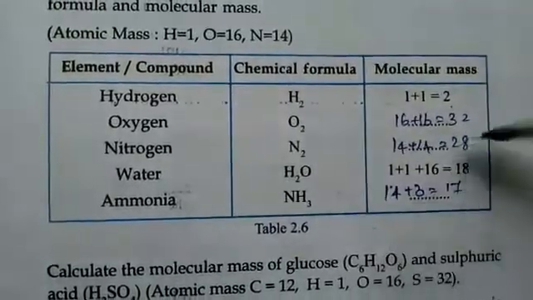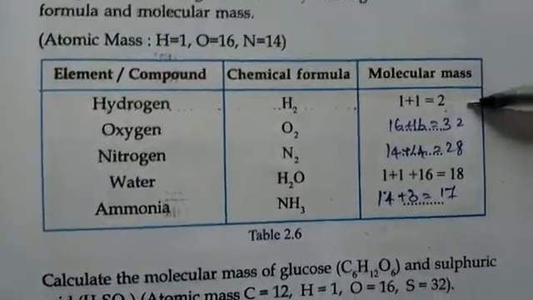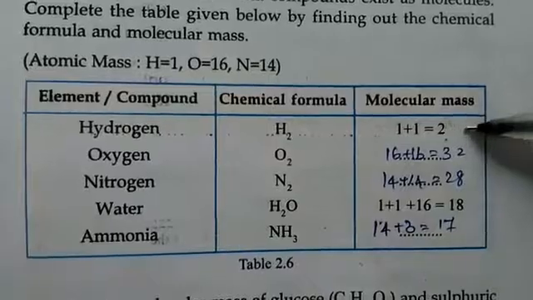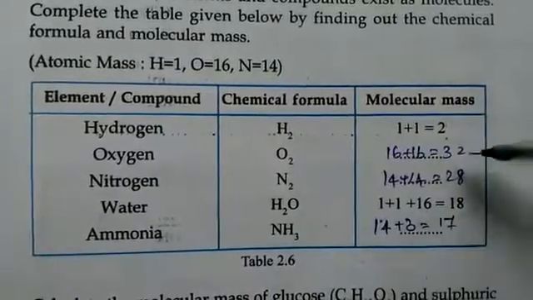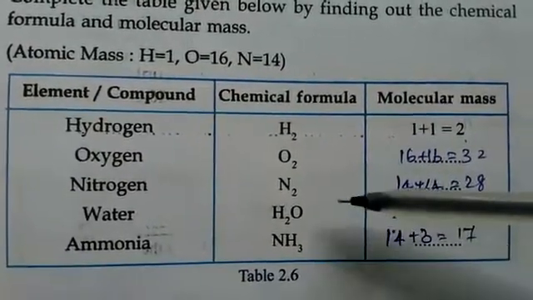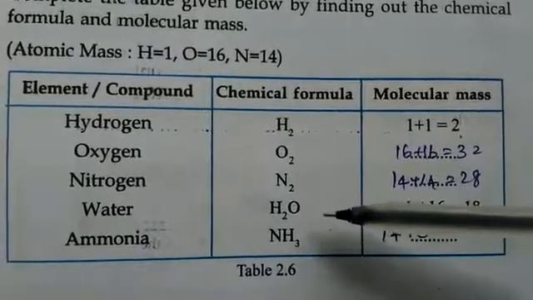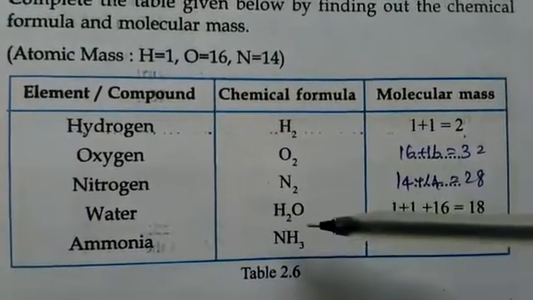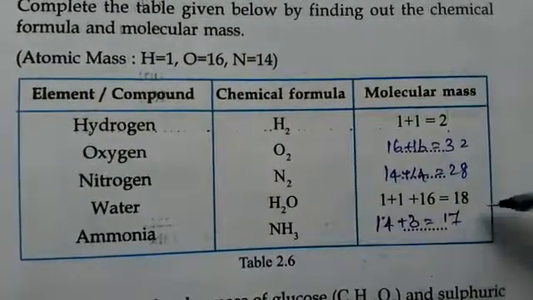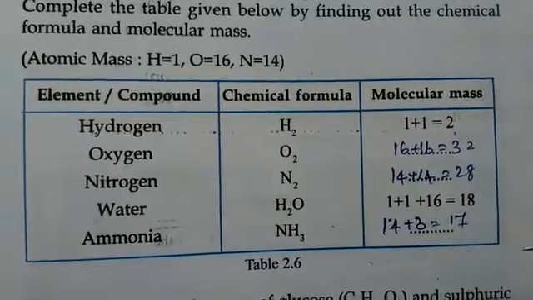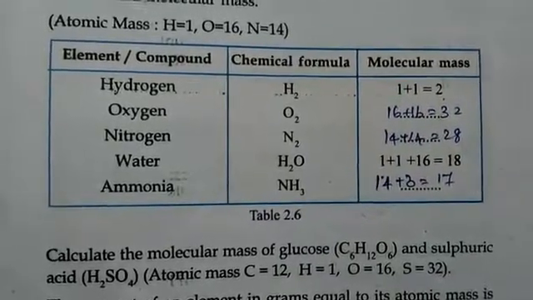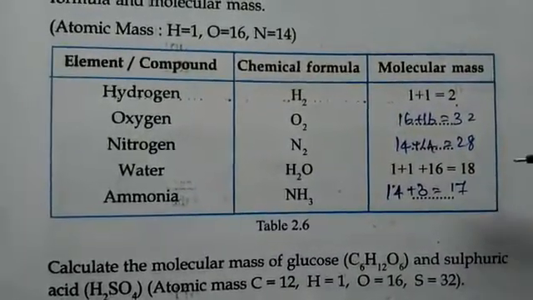How can we calculate the molecular mass? Molecular mass, that is H2. Atomic mass is 1. So molecular mass is 1 plus 1, 2. Oxygen atomic mass 16. So its molecular mass 32. Then for compounds, H2O. So that is called the molecular mass of H2O is equal to H 1 into 2 plus 16. Oxygen atomic mass 16. So that is 18 molecular mass. Then how can we calculate the molecular mass of a compound? It is the sum of the atomic masses of all elements present in that compound.